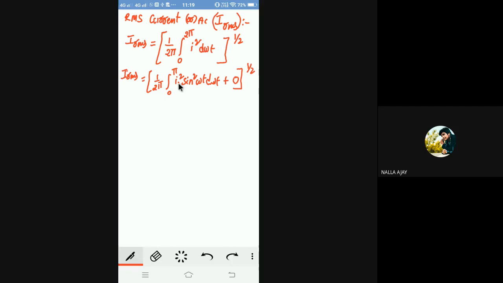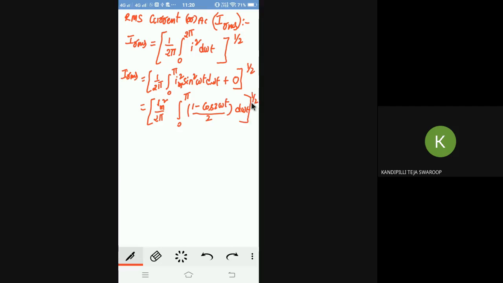How will we find the integration of sin square omega t? ఏం చేస్తాం? 1 minus cos 2 omega t by 2. Im కామన్ కాబట్టి Im square by 2 pi చేస్తాను. So integral 0 to pi. సైన్ స్క్వేర్ ఒమేగా టీ ఫైన్ చేయాలంటే 1 మైనస్ కాస్ 2 ఒమేగా టీ బై 2 వేసుకోవాలి ముందు. It is a formula for sin square omega t in terms of cos omega t. So d omega t, అలాగే whole power 1/2. ఈ 2 కూడా constant కాబట్టి బయటకు వచ్చింది అనుకున్నాము. మనకి వస్తుంది Im square by 4 pi.